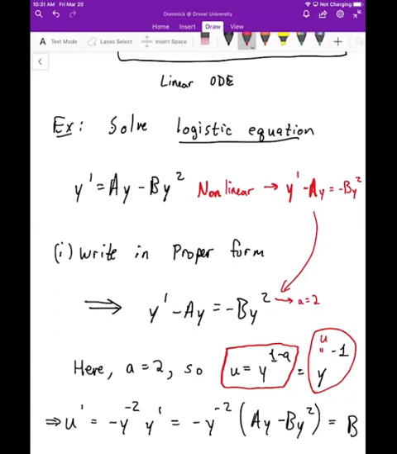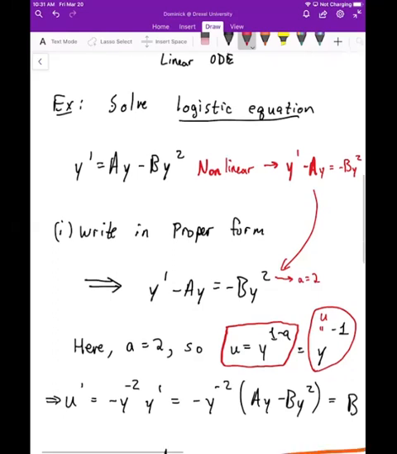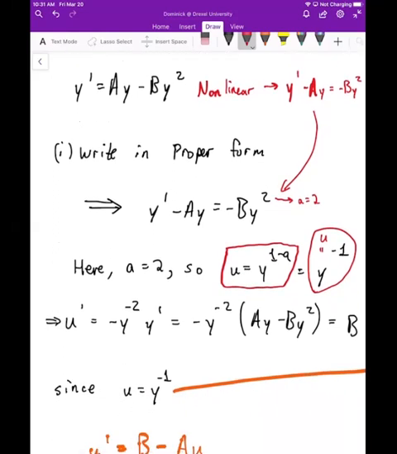But since we know that we're going to be differentiating u in the next step, it's going to be nicer to think of it as y to the negative 1, right? So now when we differentiate again, u is y to the -1. So when we take that derivative, the negative comes out front, we drop the exponent by 1, so we have negative y to the -2, and then of course by the chain rule we